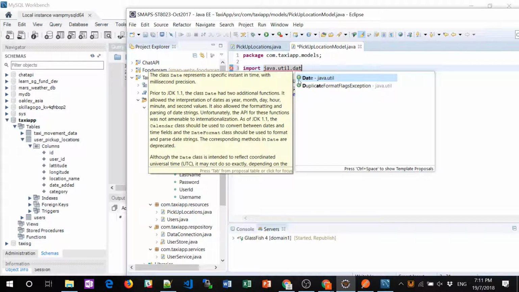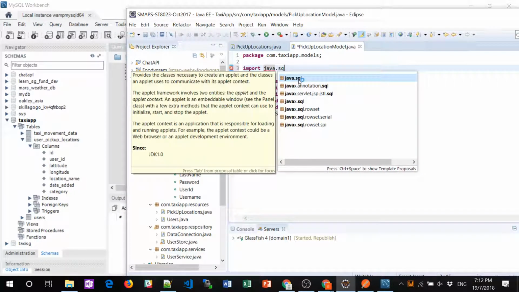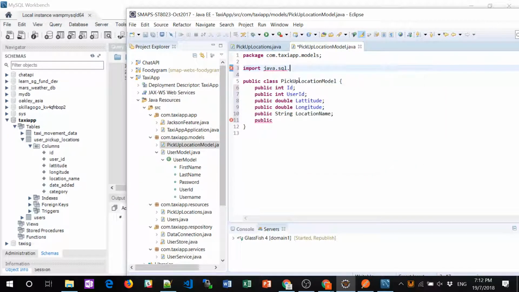There's a bit of a difference between this version of date and the database date. Okay. Now, if you use this version of date, there's some conversion you need to do in order to store in the database and retrieve from the database. Because Java's version of date in the database, especially in MySQL, is different. Okay, let me do this. Java SQL